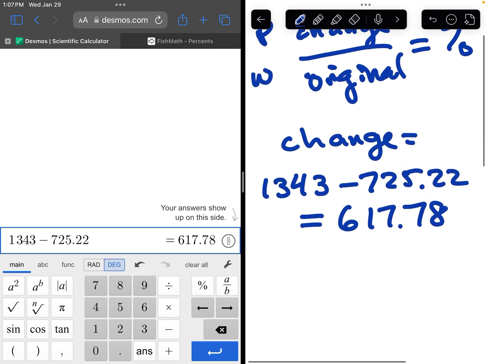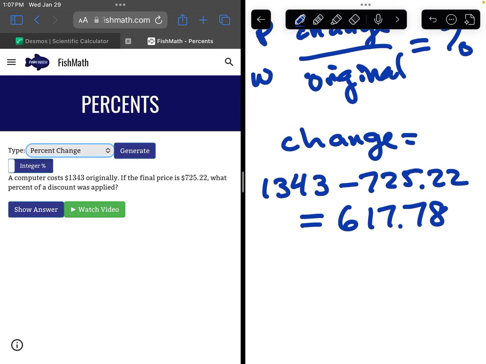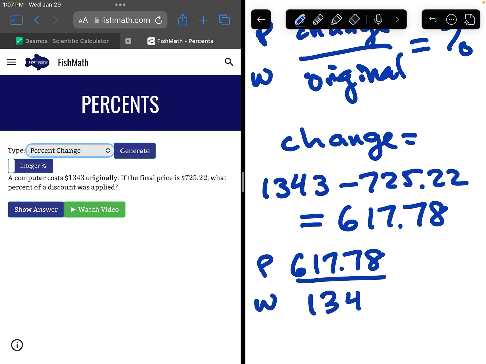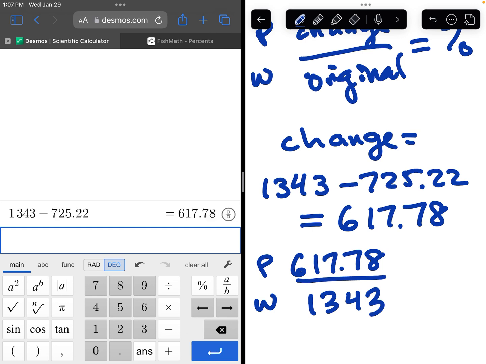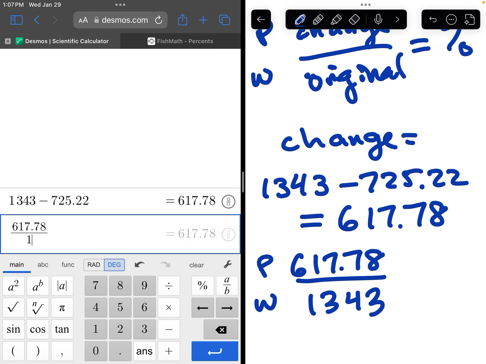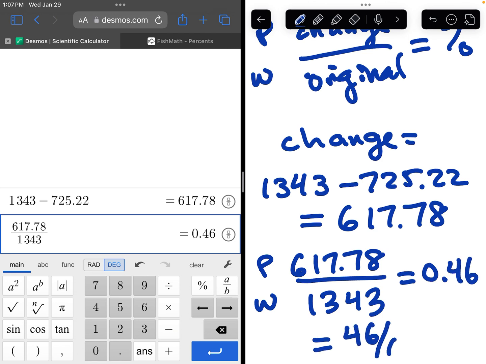And that gives us a change of $617.78. And then to get our percent change, all we need to do is take that change out of the original to get the percent. So we can do this either as a proportion, or by simply dividing part divided by whole. So the whole thing is 1343. When we have a fraction and want to make it into a decimal, we just divide the top by the bottom. So we take our answer here, 617.78, and we divide that by the original. And that will give us a decimal. So 0.46, which is 46 hundredths,